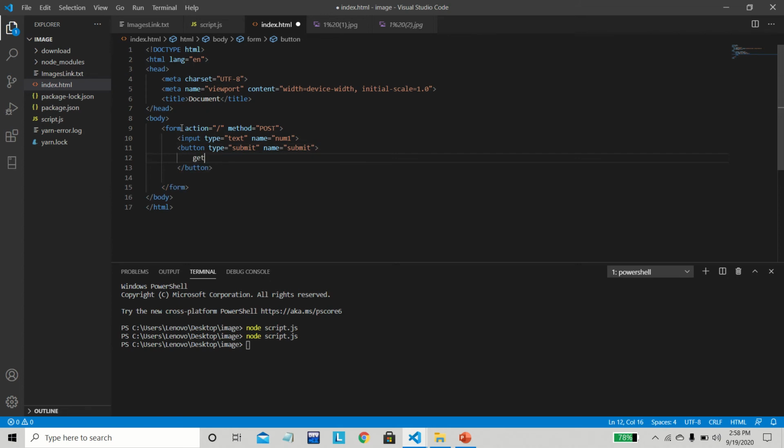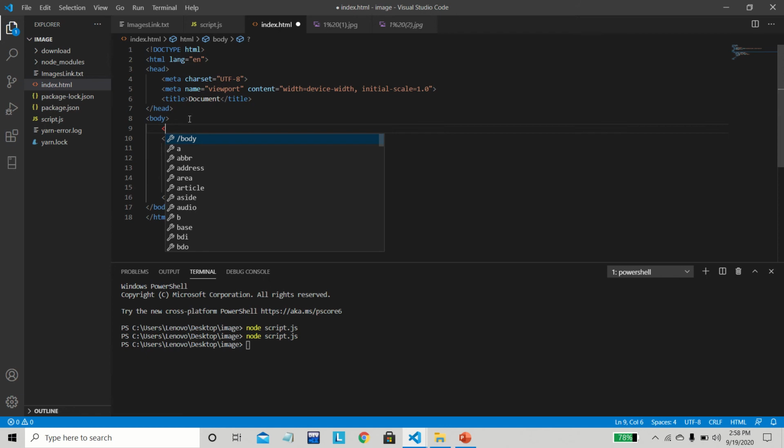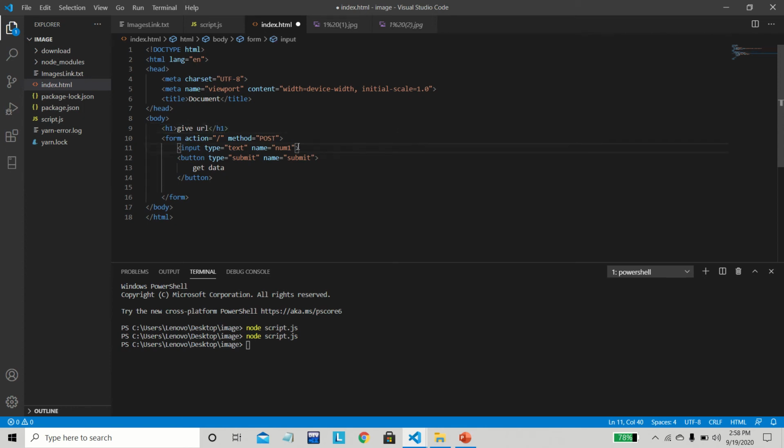Now you can give the value as get data, and if you want, you can print a message in the h1 heading saying give URL, or you can use a placeholder in the input, placeholder equal to give URL.